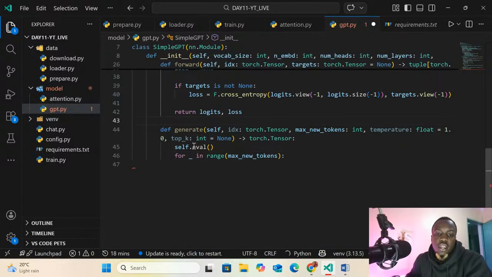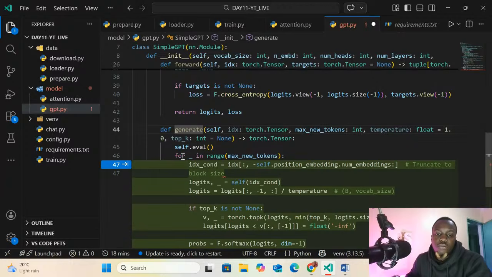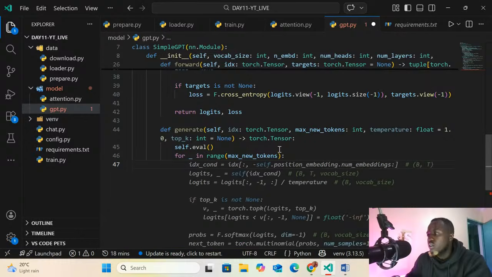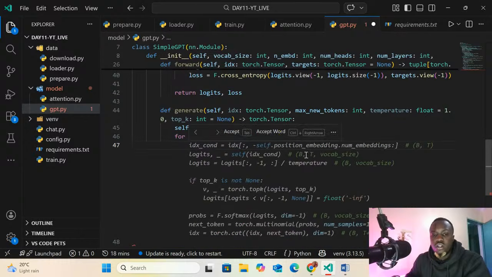Over here we can now try to loop through the number of tokens. So for everything in range of maximum tokens, what do we need to do? Let me just cross check.